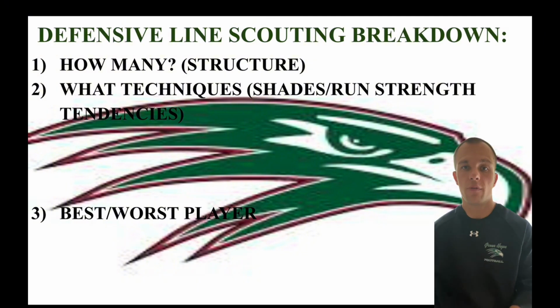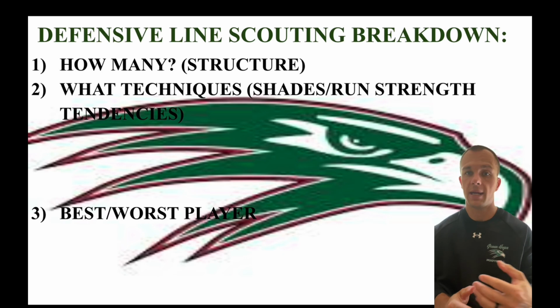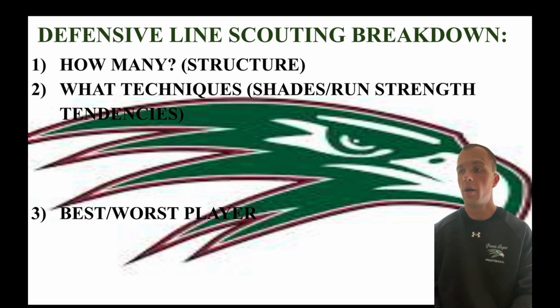So now the next couple of clips or pages are going to be talking about the different levels. When we go into the defensive line, we already had a checklist: how many, what's their structure, all that. And then it's going to be their techniques and how the defensive coordinator aligns, what shades, what gaps they are willing to give up on the D line. And then what are they doing with their run strength tendencies? Are they putting their strength opposite of the running back, which a lot of people do against spread offenses and against ours, or are they going to put it with the tight end or the H?